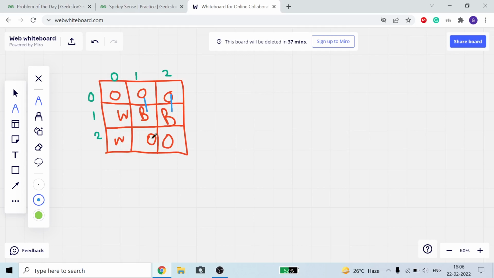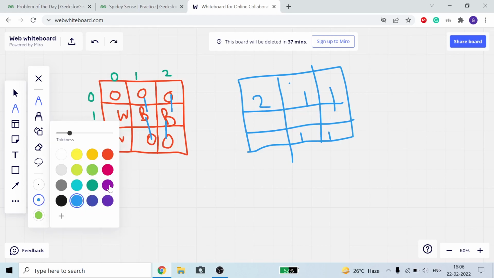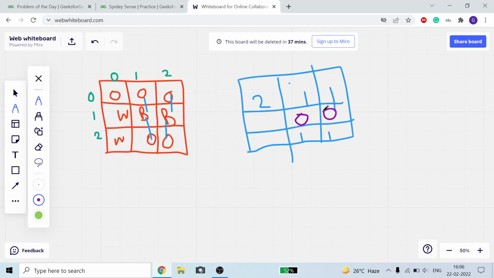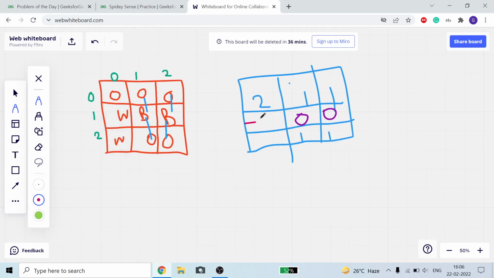Similarly for this one we need to go here, for this one we need to go here, and we have to return a new matrix of the same size, with the same number of rows and columns. So it will store 2, it will store 1, it will store 1, and where the bomb is located it will store 0. Okay, I should change the color, I think, so that it's easy for you to understand. Here the bomb is equal to 0, and for the wall it is equal to -1, means it's an obstacle. Okay, here it is equal to -1. So this is the answer. This is the matrix we should build and return.